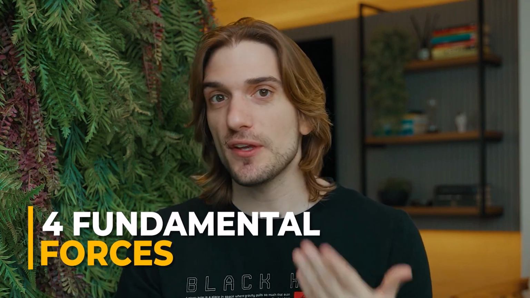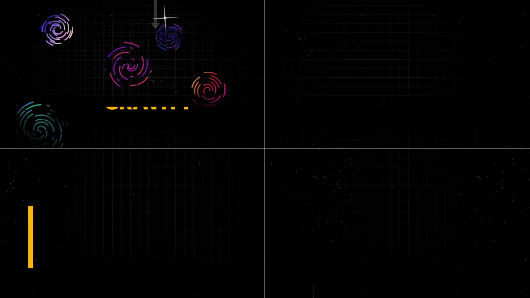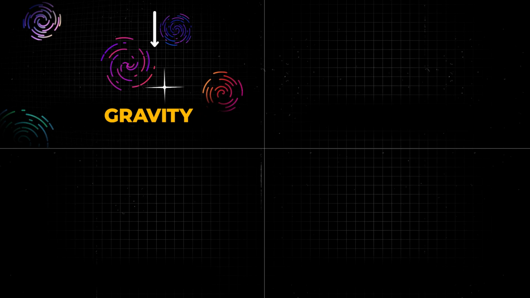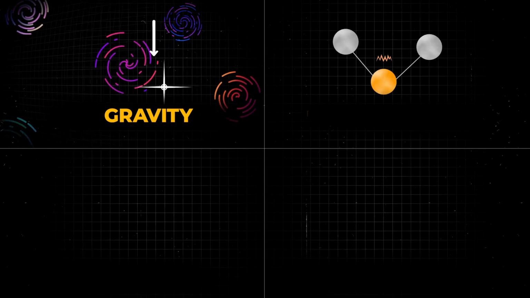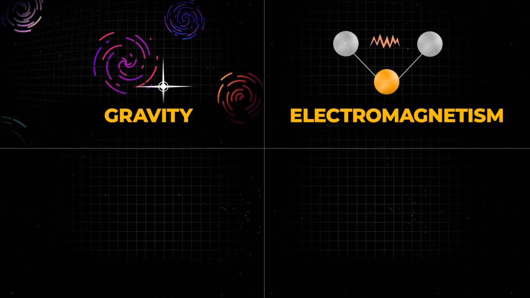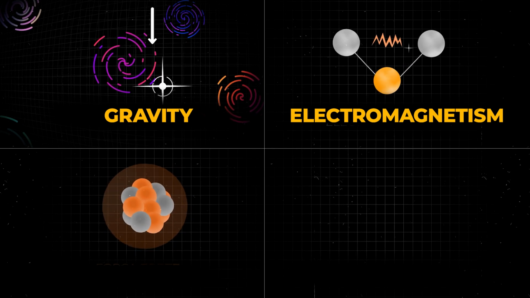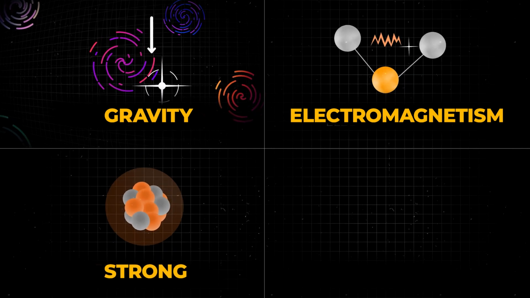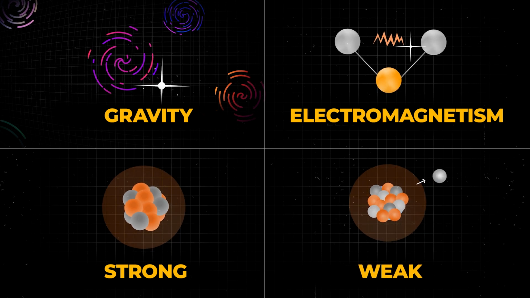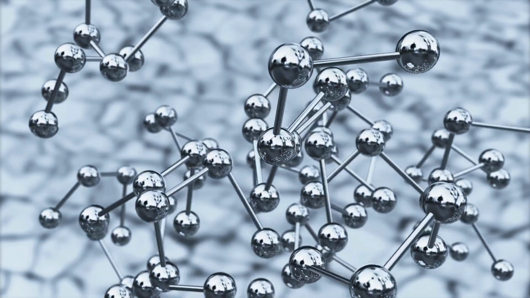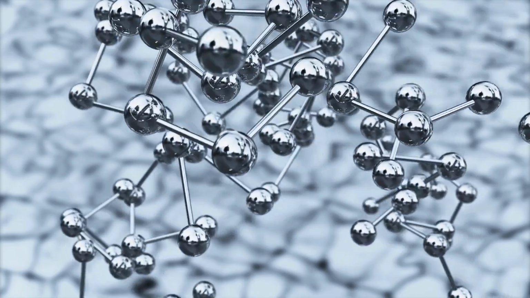And the final step to creating your own universe is deciding how matter in it is going to behave. This means figuring out how strong the 4 fundamental forces of the universe are. Gravity, the force that pulls matter together and builds cosmic structures. Electromagnetism, the driving force behind chemistry. The strong nuclear force, which keeps the atomic nucleus stable, and the weak nuclear force, which is behind radioactive decay. What matters is the relative intensity of these forces.